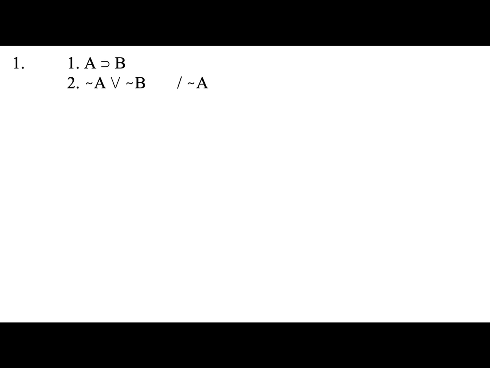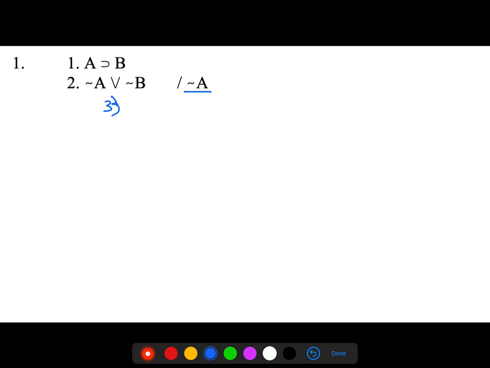Okay. So we have not A. Okay, I don't like this program. A. Perfect. So I'm going to start off with the opposite of what the conclusion is. And this is an assumption for the indirect proof. So I'm just going to put AIP over there. And now that I have my A, I can start breaking everything down and seeing if I can find a contradiction. So we'll get B from 1 and 3,